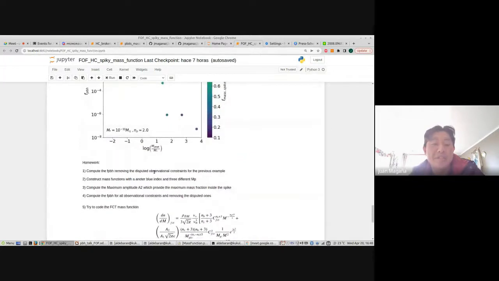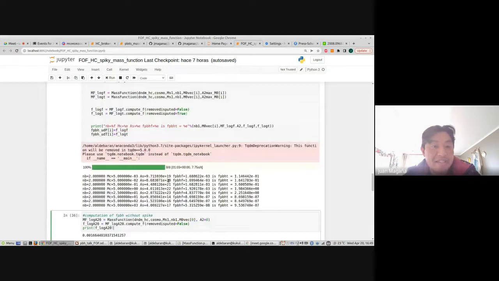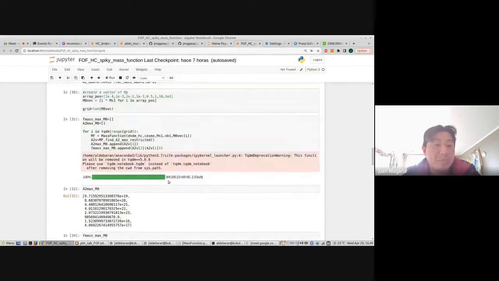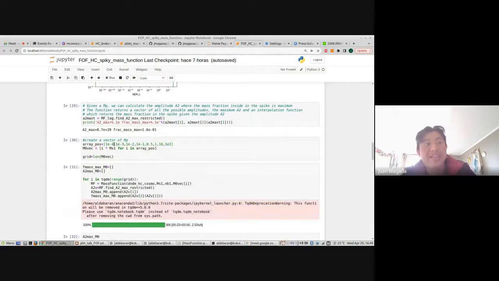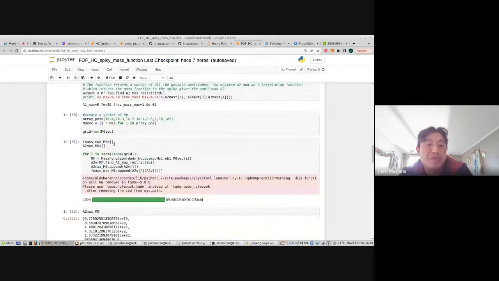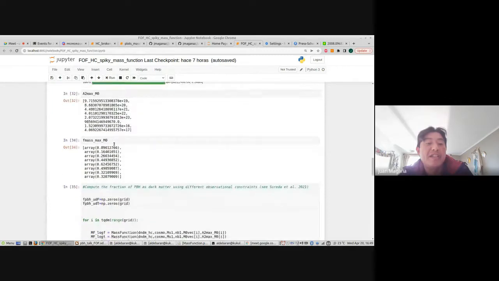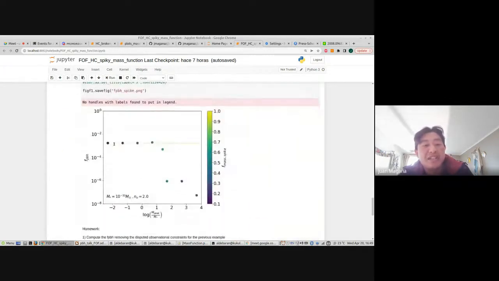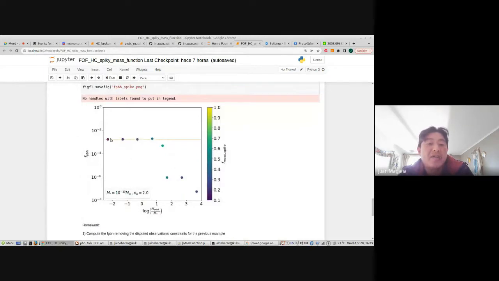Also, you can vary the blue index, for example, you can consider 3 values of the blue index or 3 values of the characteristic mass. And you can create a vector of peak mass positions, or a vector with more resolution, to observe how these plots change for many values of the peak.